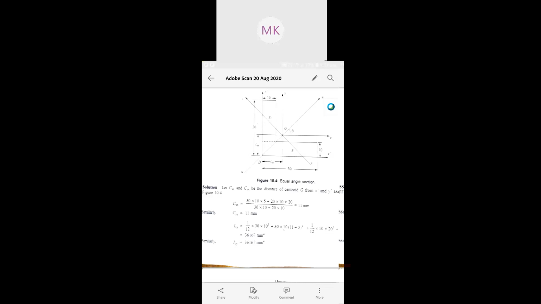Yes, sir. Okay, fine. Then similarly, as you can see, this is a similar section. The L section, both sides are similar. Similarly, the same way we can find out that CYY. If you put the value, you will get the same value. By considering y dash x also, it is the same thing, you need to repeat and you will get the same value.